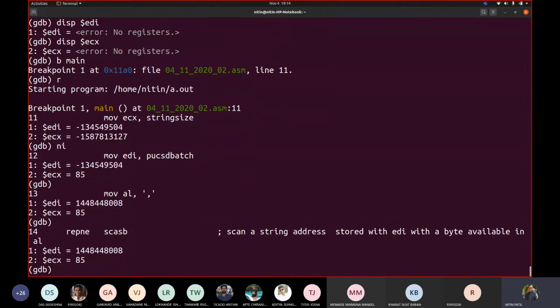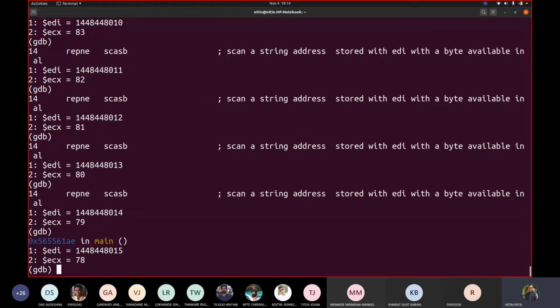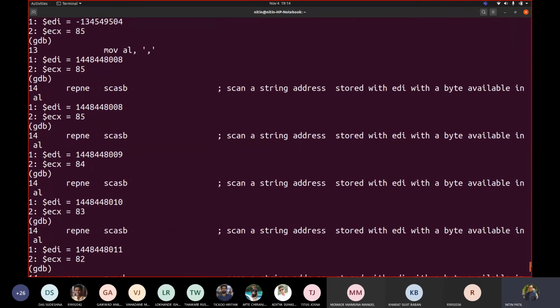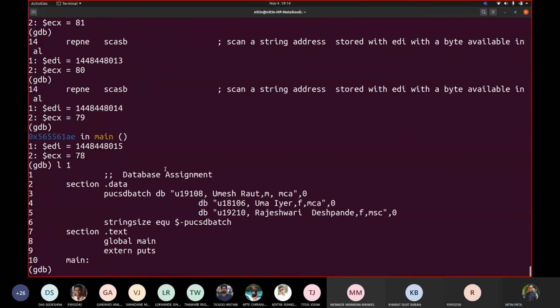Now see 80. 1 2 3 4 5 6 7. Okay, so earlier it was 9. Check where EDI was first. First EDI was at 8. Correct. So if I see the data, this is C: 8, 9, 10, 11, 12, 13, and then it reached here, 14.